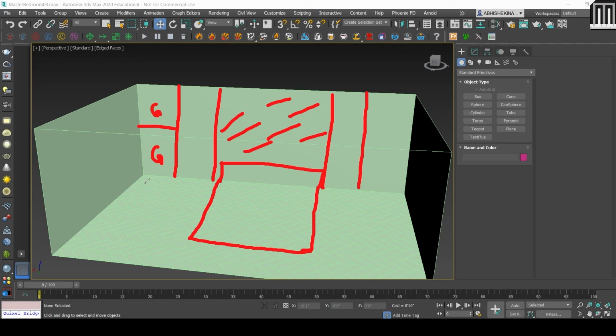Here will be the small sitting area, where we can put small chairs and a coffee table. Maybe we'll put a sofa, because here is a huge opening, a window.